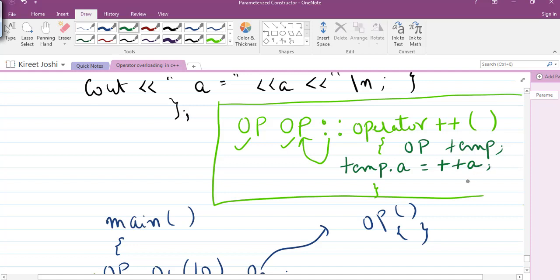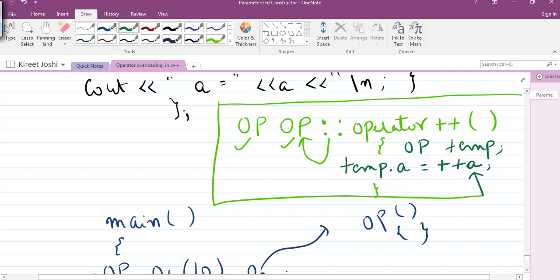We have to write plus plus a, because now there is no argument here, so we don't have to write any dot operator. The value of a will be passed implicitly and read by the compiler. There will be no dot operator and no reference here. So directly we are changing the value of a, making changes in this value of a. So this will be plus plus a.